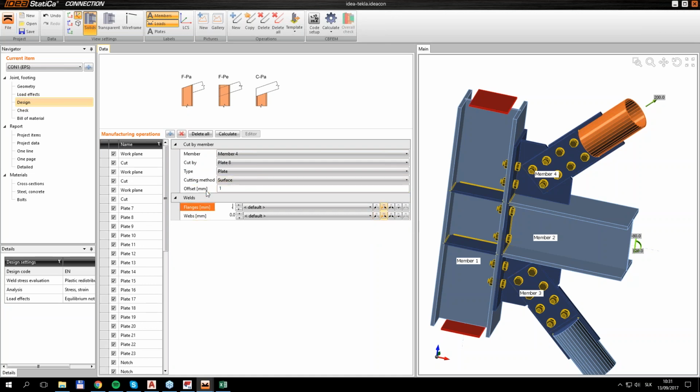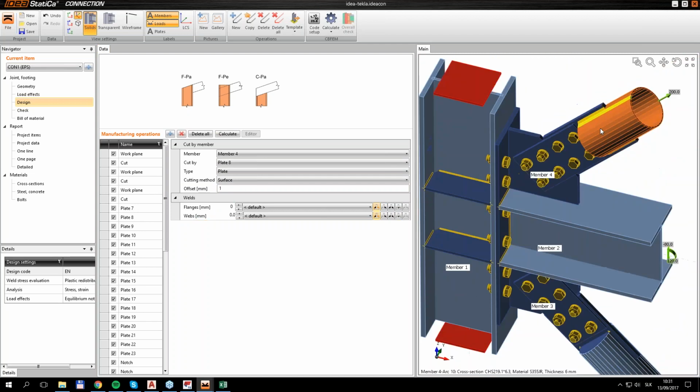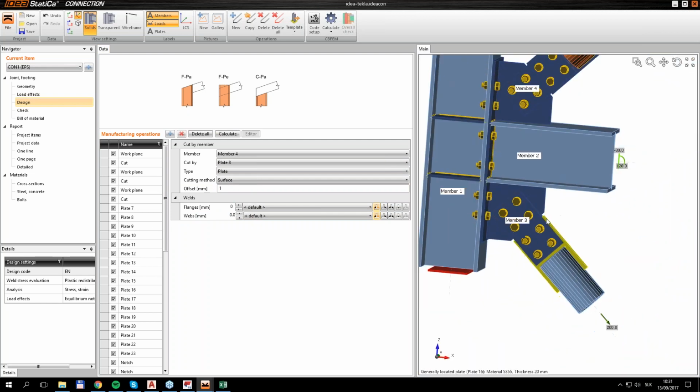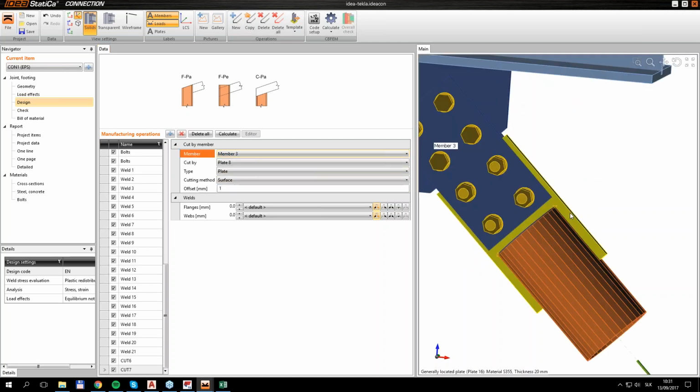And this happens sometimes. Yeah, and you see the welds are there. I won't bother with the size, and I will just copy this operation via the copy button, place it on the member 3, which will be cut by the plate 16,